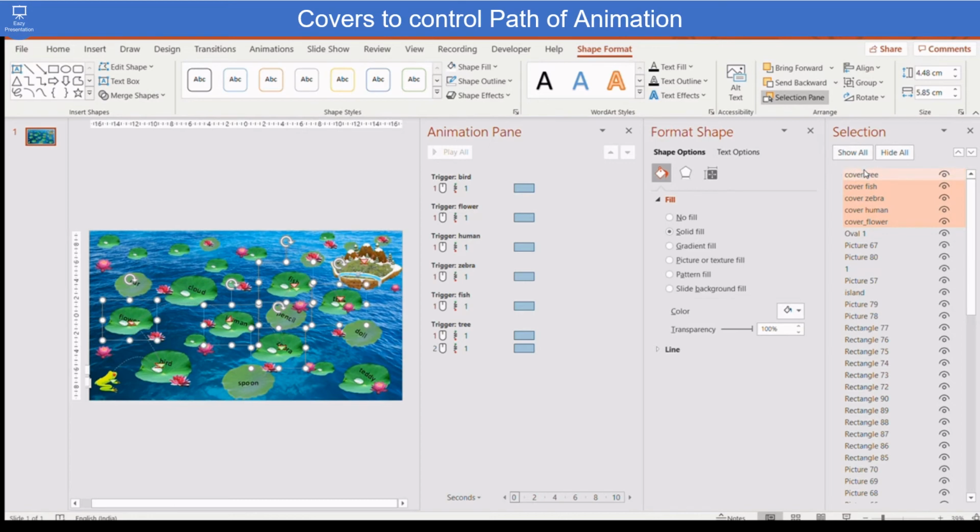Select all the covers, add exit disappear animation to all the cover objects.